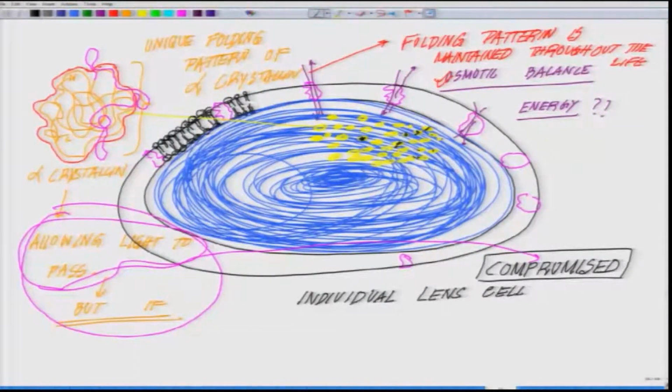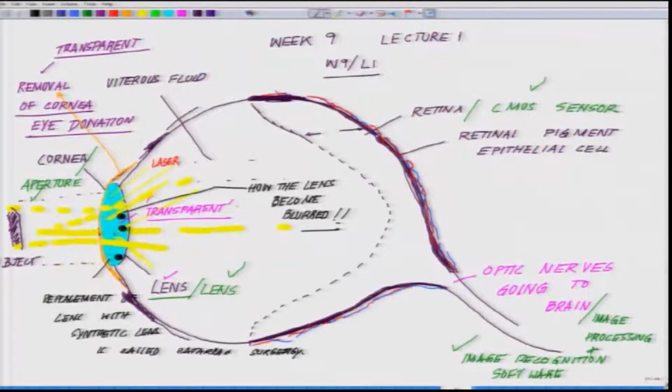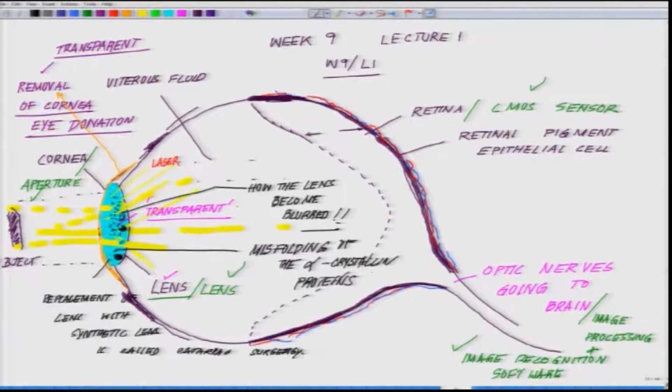Initially there will be 1 or 2, but if it increases, then there will be more. This is the beginning of, if you remember, one of the pictures I showed you, these black spots which you see emerging on the lens are partly because of the misfolding of the alpha crystalline proteins. And that is where